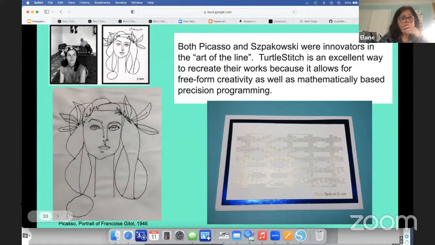This is Picasso's girlfriend. He drew a picture of her, and it's similar to a line drawing. But it's not just one continuous line, but I really enjoyed it. And so I did her in TurtleStitch. And then I also did the